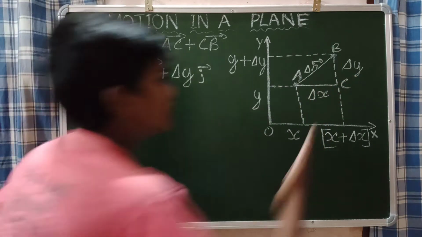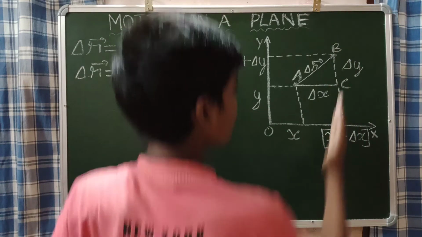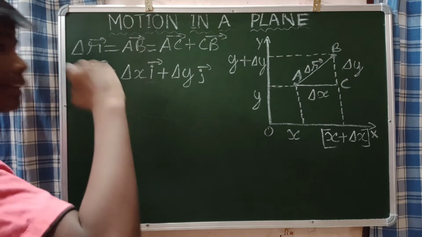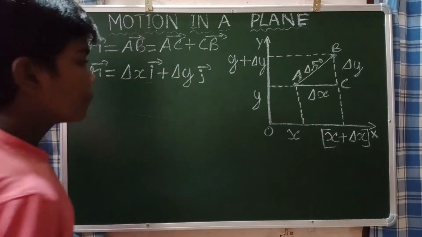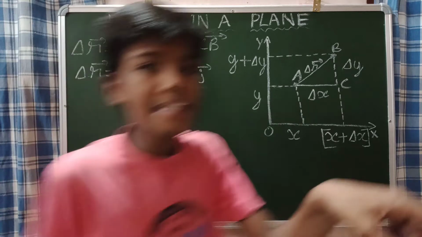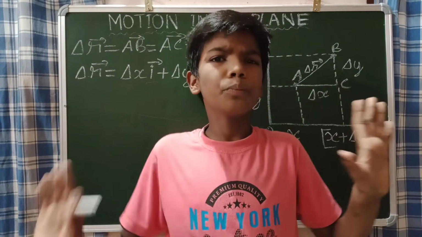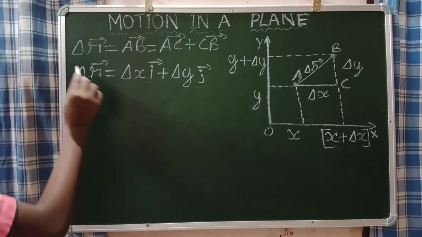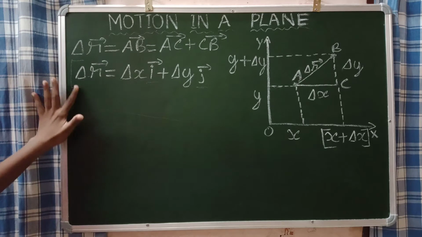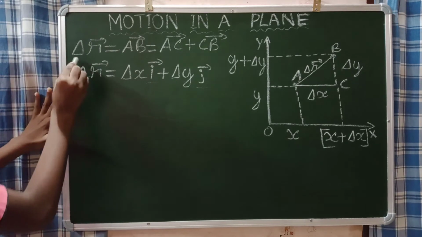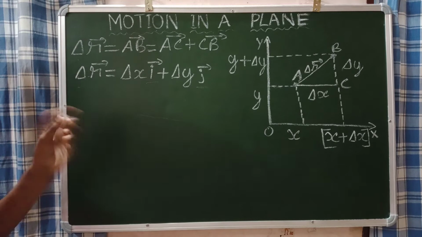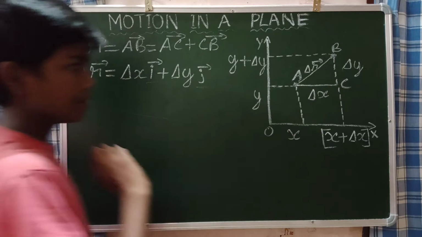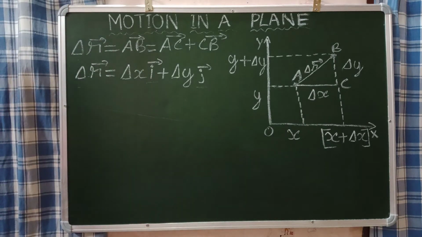And you can see that this delta y is the vertical component, so it belongs to the y-axis. That is why I am adding this j unit vector, because y-axis means you should add the j unit vector. That is a basic thing that you all know. So this is what I am doing here. This will give us the displacement. That means delta r vector is equal to delta x i unit vector plus delta y j unit vector, which gives us the displacement covered by that particle from position A to position B.